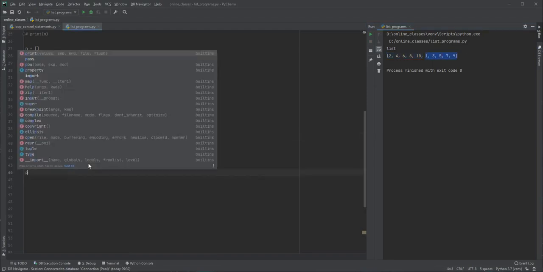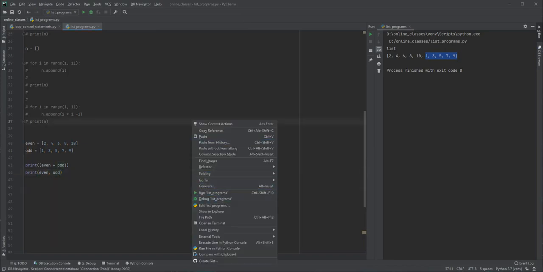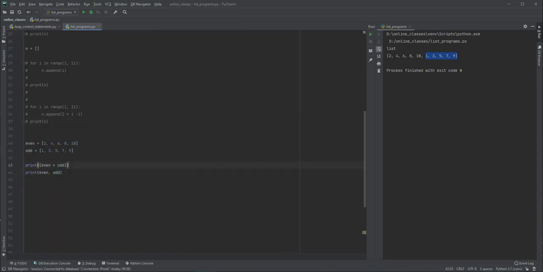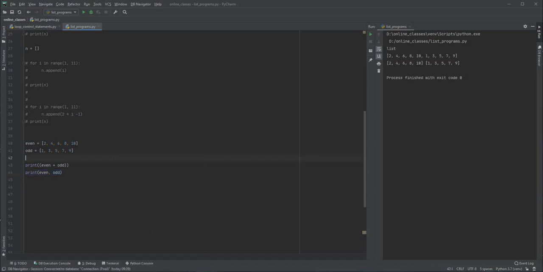Next if I say print even comma odd, but first before going there, you have to note the output of this particular statement, even plus odd. We are getting a single list. It has combined both the lists and given us the output as a single list. Now here even comma odd will give us two separate lists, one only even numbers and one only odd numbers.